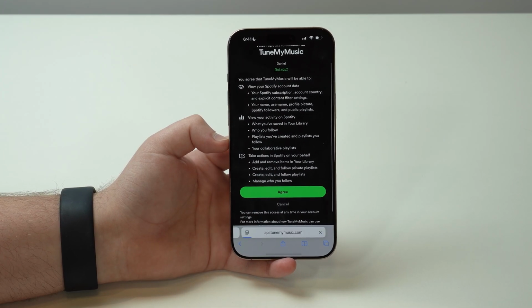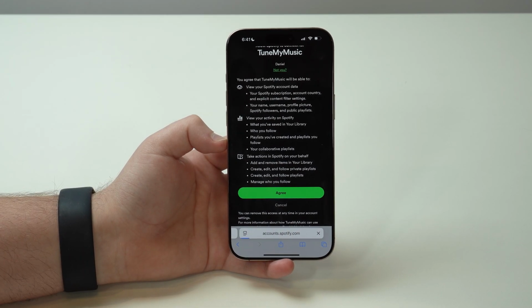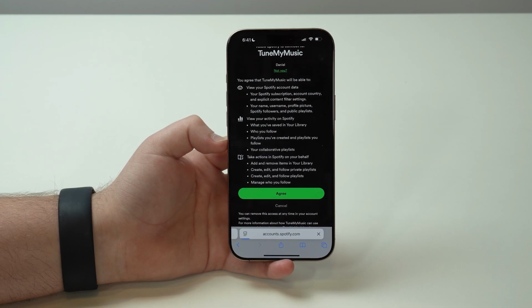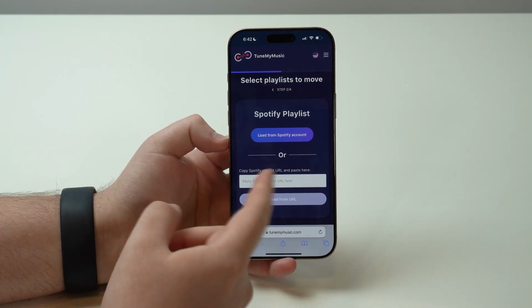Of course, if you don't feel comfortable with having this connection forever, after the transferring process, you can go ahead, open up your Spotify settings, go to apps, and then remove Tune My Music. Okay, so you just need to have this on for the transferring, and then you can already remove it if you want to. Okay, now that the accounts have linked,